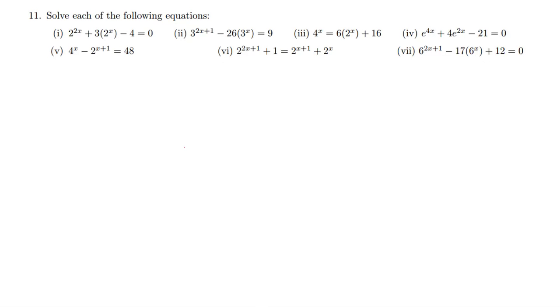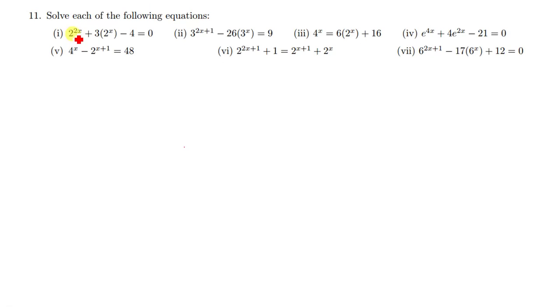Okay, so question 11 says solve each of the following equations, and these are the equations that we've been given. The first equation there is 2 raised to the power 2x plus 3 times 2^x minus 4 is equal to 0. So now how do you solve such questions? The first thing that you need to put in mind, or the first thing that you need to know here,